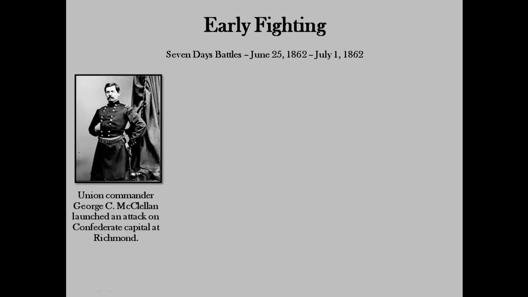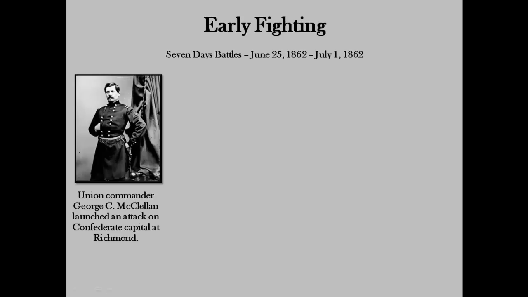The 7 Days battles were part of the Union campaign to get to Richmond in 1862. George B. McClellan was appointed General-in-Chief of the Union Army after the Battle of Bull Run. He launched this attack in 1862. The Confederates moved the capital from Montgomery to Richmond in June 1861. George McClellan was a great motivator of men, but was very, very cautious. He always believed that he was outnumbered, despite always having superior manpower.